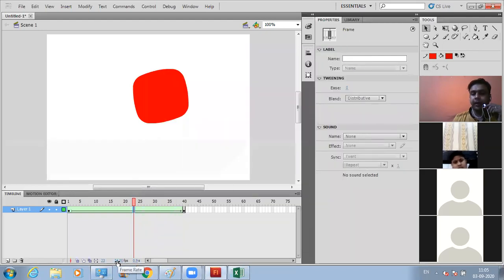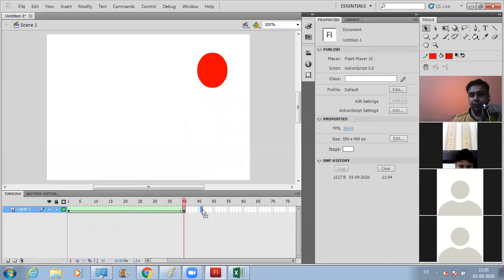There is a thing called frames per second. It is present right at the bottom in the timeline. Here is the frame rate. What is the frame rate by default? It is 24, meaning 24 frames will get executed in 1 second. These rectangular boxes over here are known as frames. So 24 frames, in 1 second, all 24 frames will get